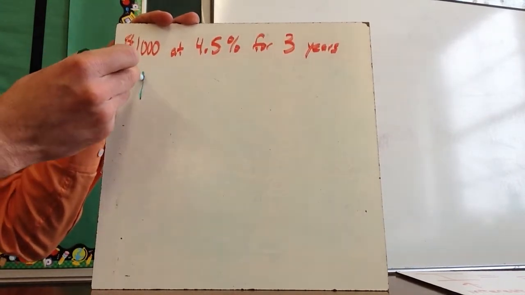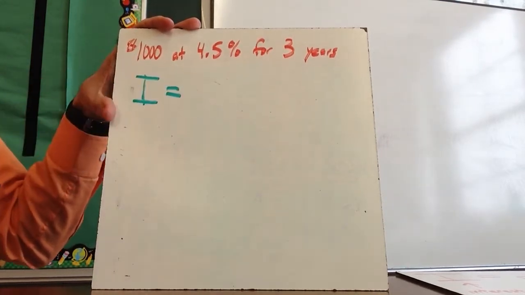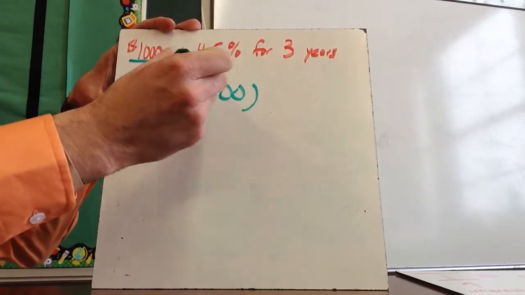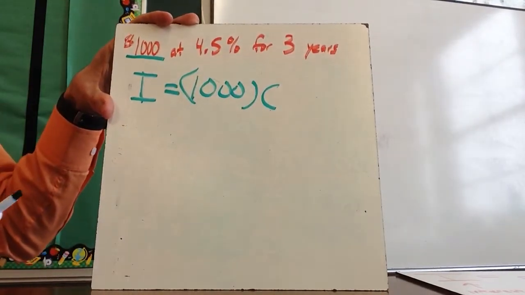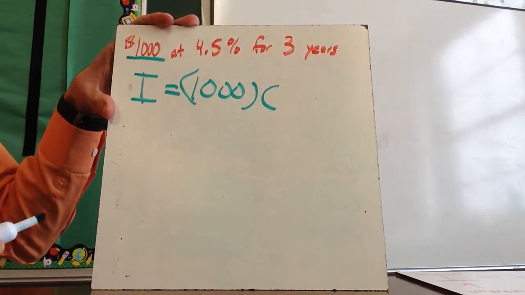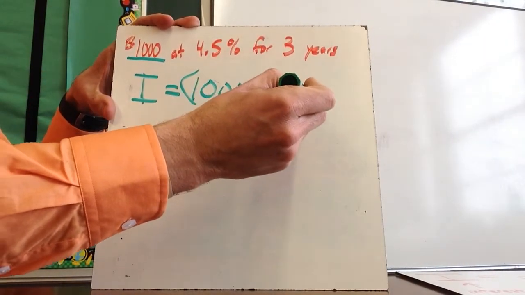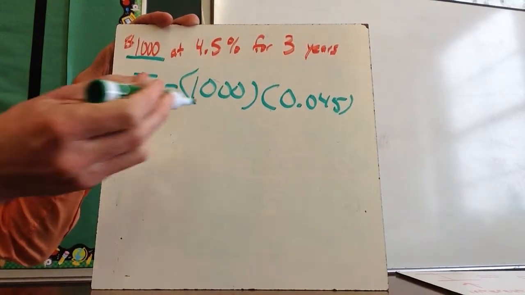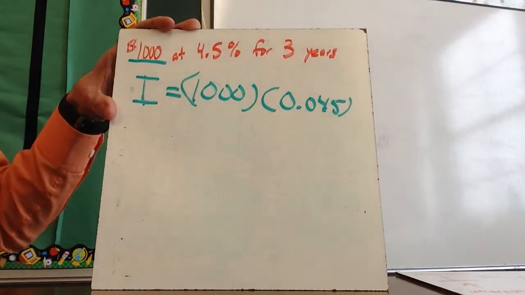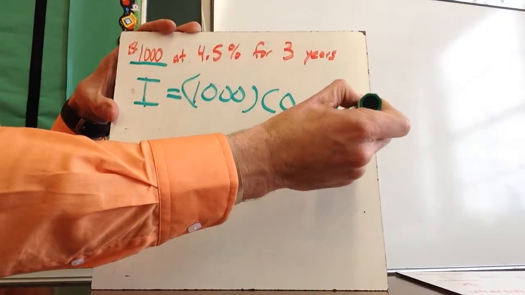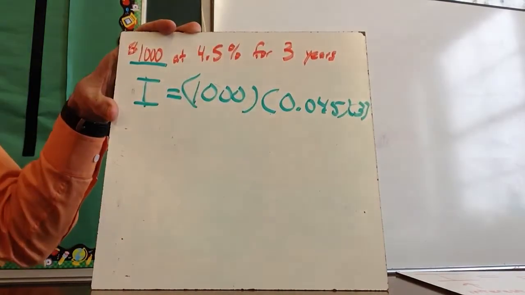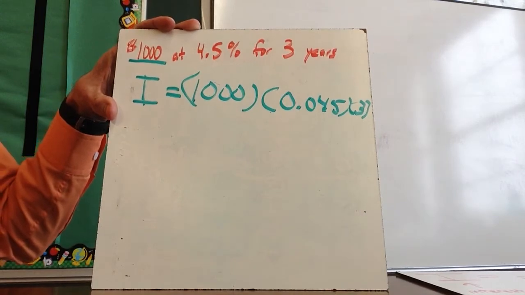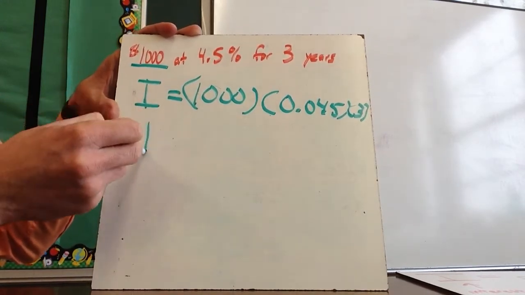So I'm going to use I equals PRT. I'm trying to find the interest, so that's my unknown. This is my principal, so that's 1,000, times my annual interest rate, which is 4.5. Now remember, I have to write this in decimal form, so that's 0.045. Right, not 0.45, because 0.45 would be 45%. And then the number of years, and it's 3 years. So now I'm going to multiply these three numbers together, and I get interest equals